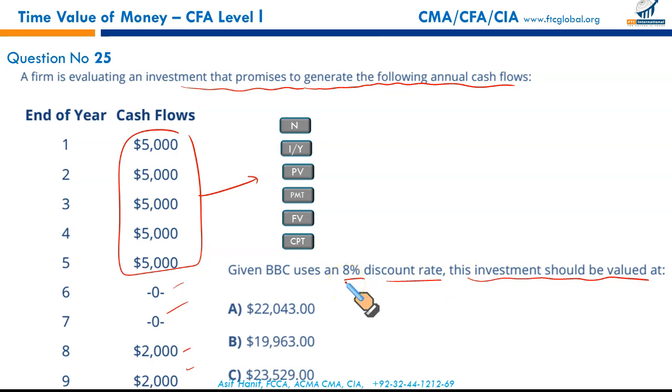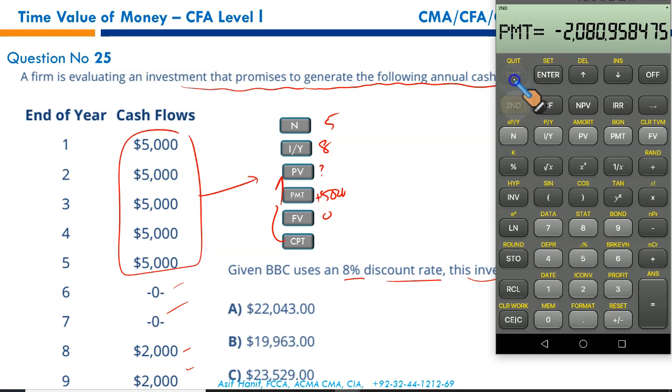So what you will do for these recurring cash flows, we can apply TVM. N is 5, right? What is the rate of interest? 8. Present value is to be calculated. Every payment is 5,000 since an inflow, plus future value is nil. Simply press CPT and you will calculate the present value, and let us do it. 5 N, 8 interest rate, 5,000 inflow at the end of each of the 5 years. This is PMT. Future value is 0. We need to calculate the present value, and this gives us